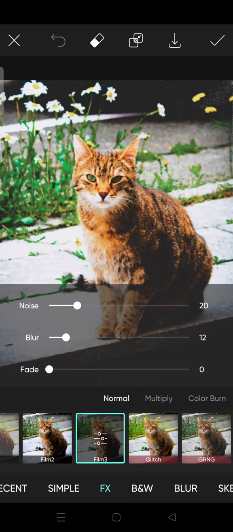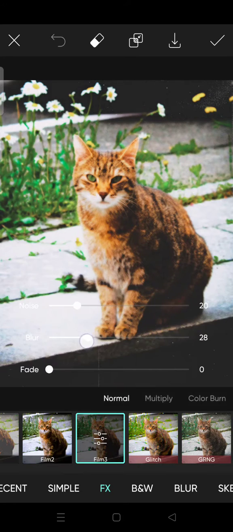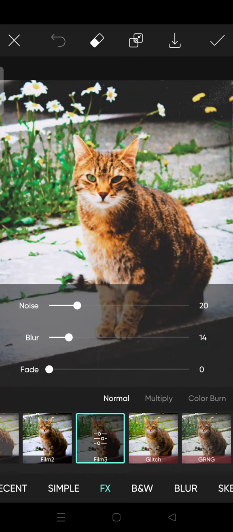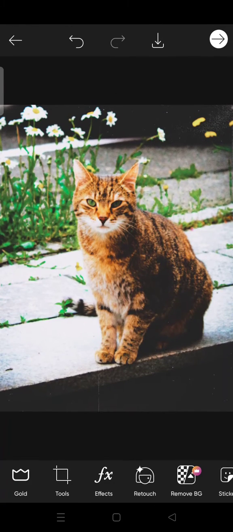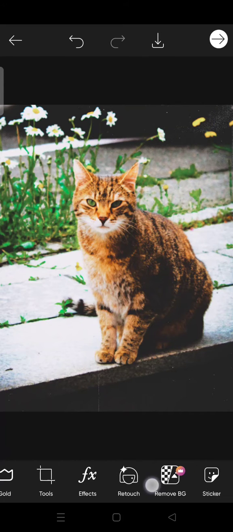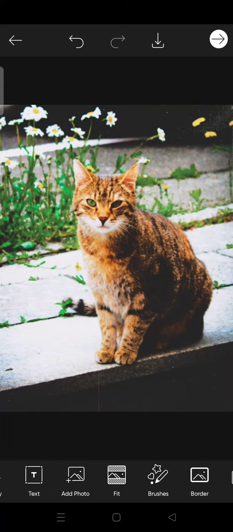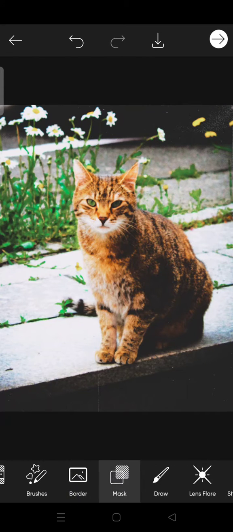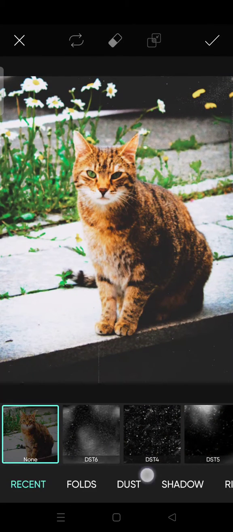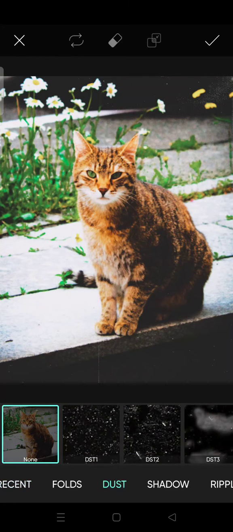You can also adjust the noise, the blur, and also the fade. I'm going to set it like this, and then click on the check icon. And then at the bottom, scroll to the right and click on mask, and then here choose this, and you can just